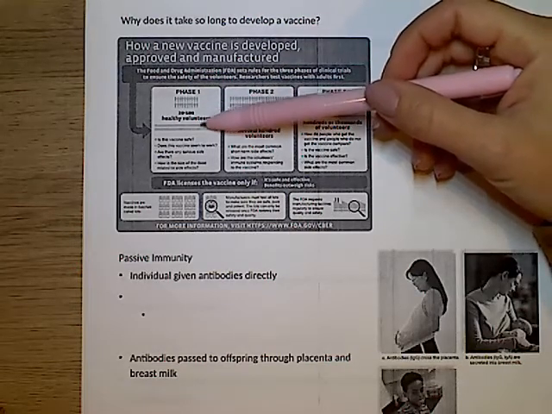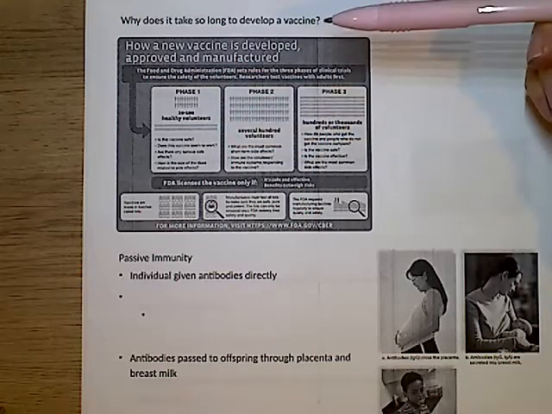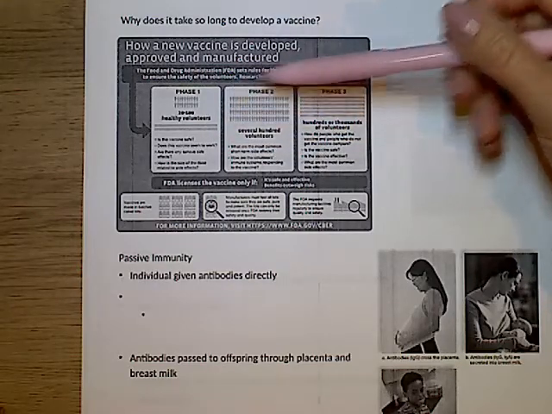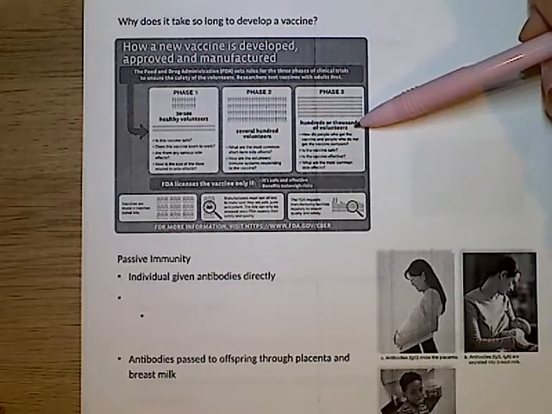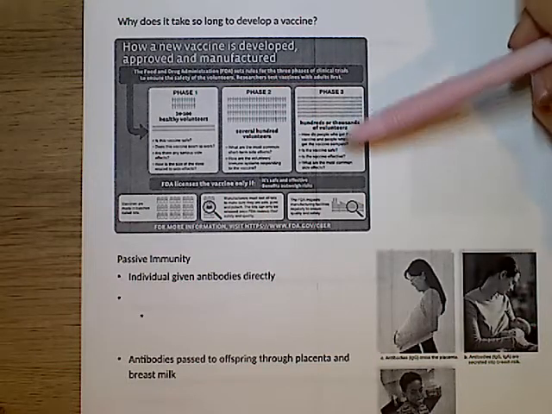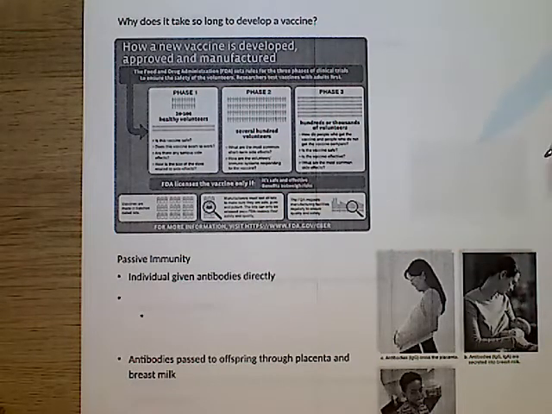Phase one, and you can read through this. I know you can't see it on my copy probably, but you can look at the different phases, and then they make sure it's safe, and then they can put it out there. And I think that was a lot of the concern with people and the COVID vaccine is that it came out so quickly, whereas it took us from, I don't know when polio started to become widespread, but clear